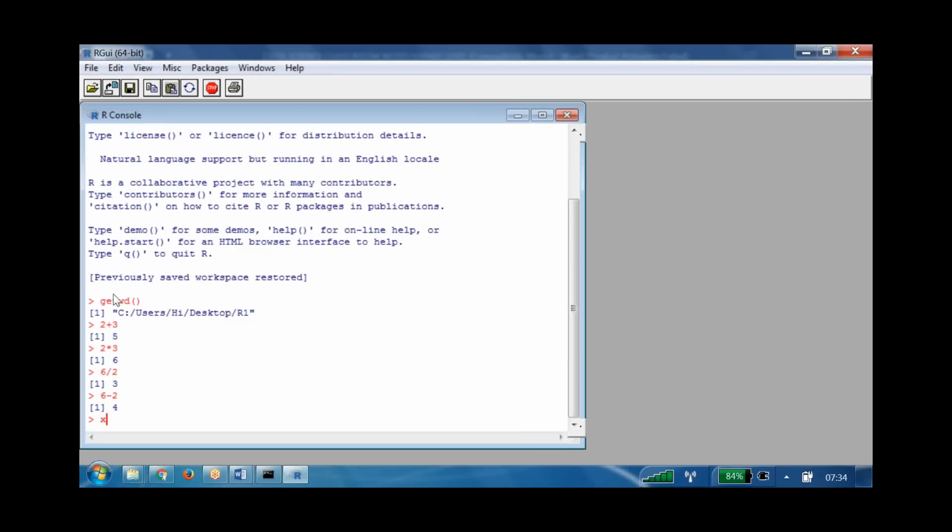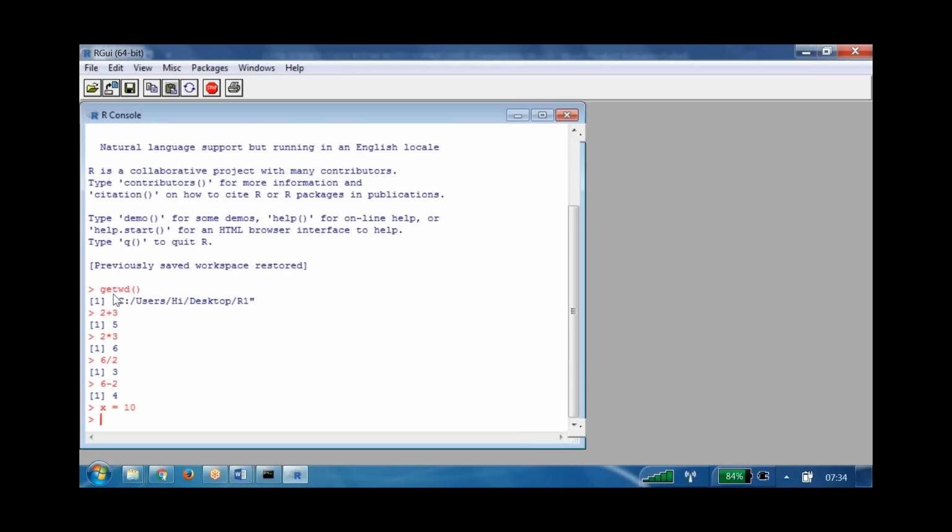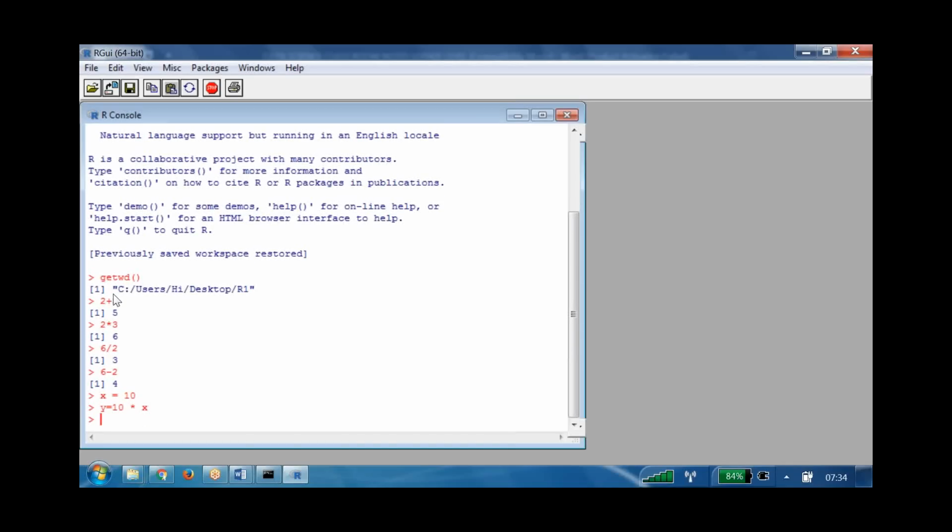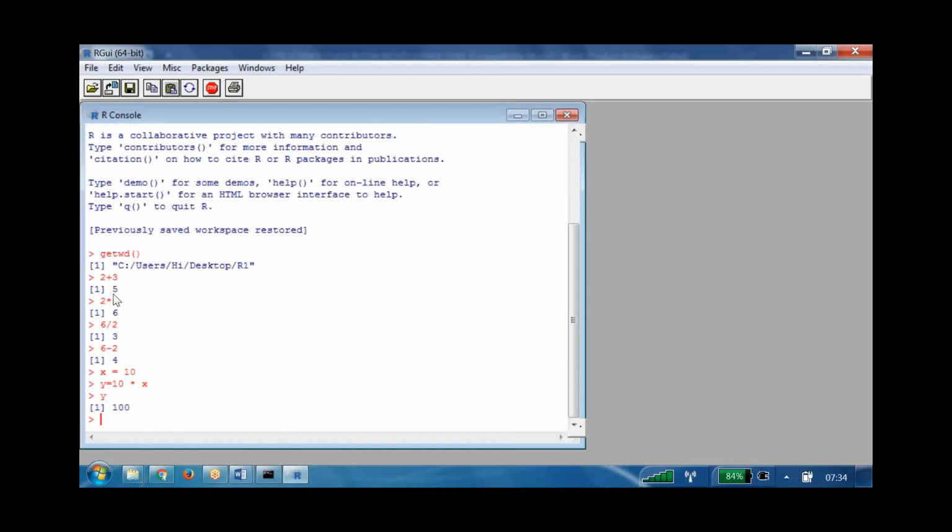Suppose I want to create a variable. You can use the equal to symbol: x is equal to 10. Now if I say y is equal to 10 into x, and I want to print y, what did you get? 100.